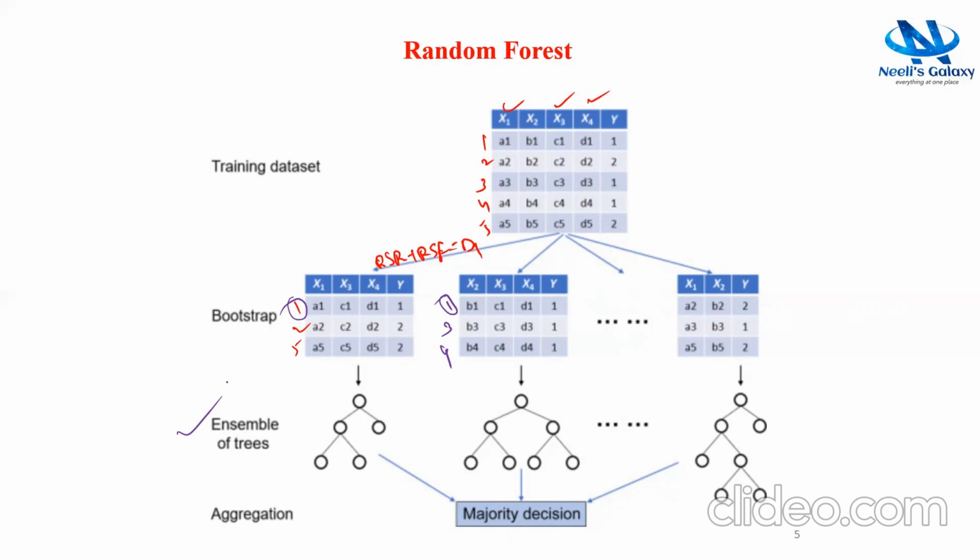Let's come to the name, why it is called random forest. First, coming to the second word, forest. As the name itself indicates, forest means it consists of a set of trees. Here also we have a set of decision trees, so that's why the name comes as forest. And what is the randomness added to the algorithm name? Randomness means we are taking random sampling of rows and random sampling of features. That's why the name comes as random forest.